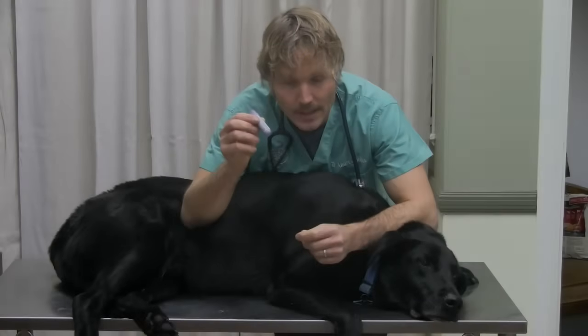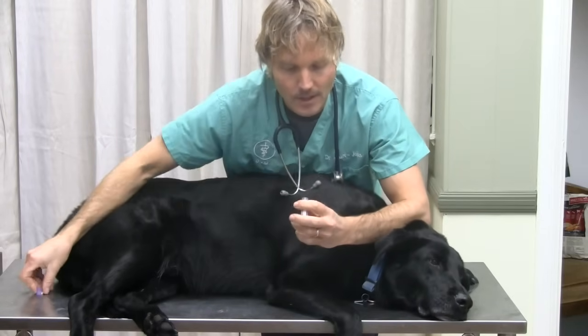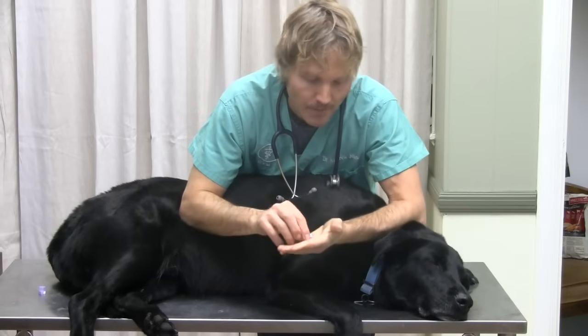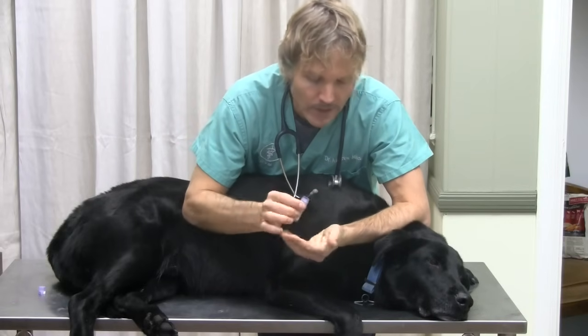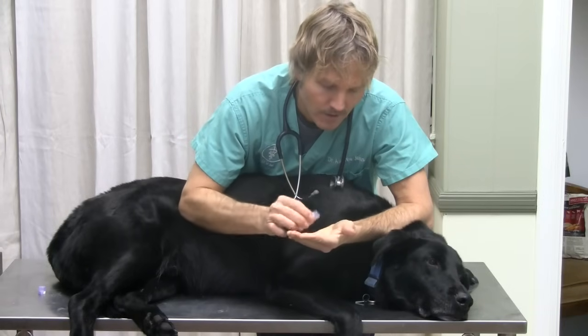There's one homeopathic that works especially well for dogs with diarrhea. It's called Arsenicum album. The dose is the 30C concentration. This is the arsenicum here. This is the 30C concentration. The dose I'm suggesting is 1 30C capsule for every 20 pounds of body weight given every 2 to 4 hours. So for Lewis, he's going to get